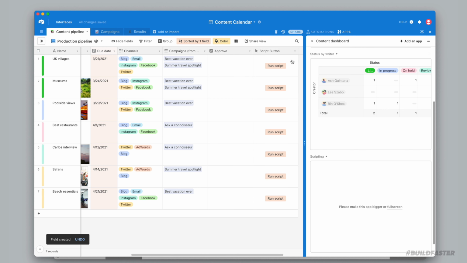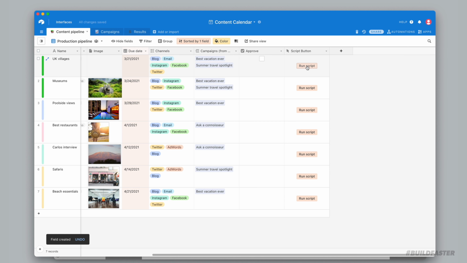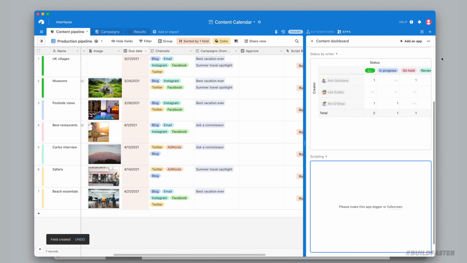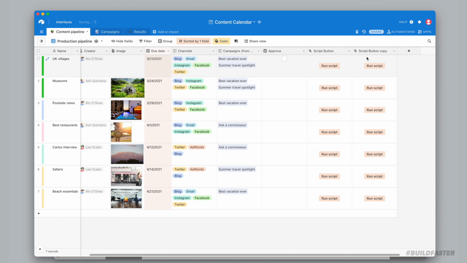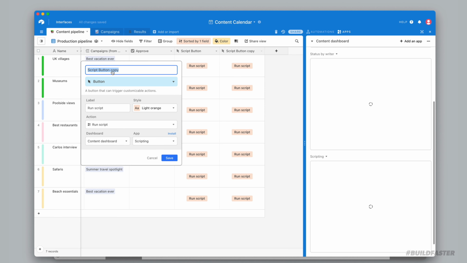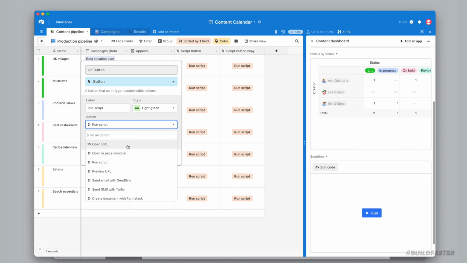Right? So there's my Hello World 1 script button where I can click it and the little pop-up will come and run the script. If I duplicate this, we're going to have a URL open. Well, we'll call it a URL button. That makes more sense. So if we have a URL button that says open URL,